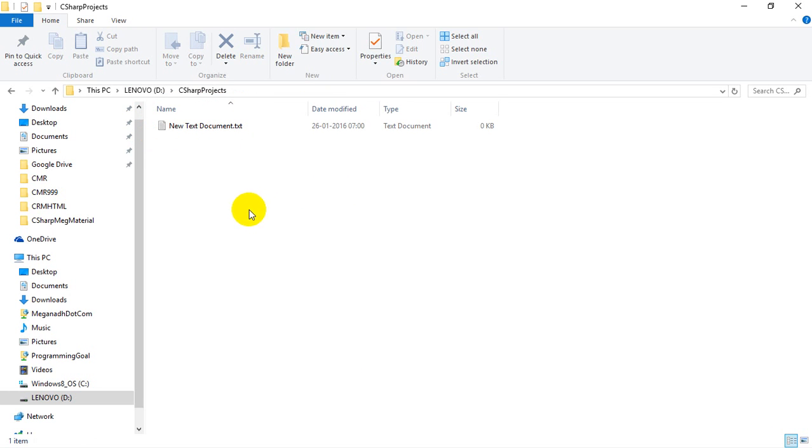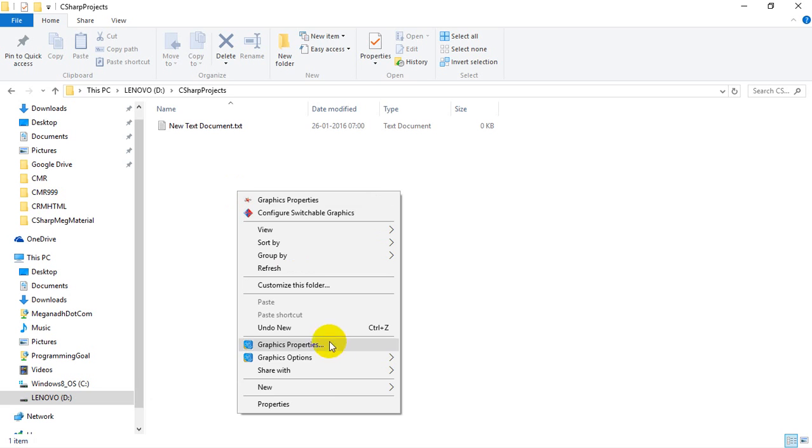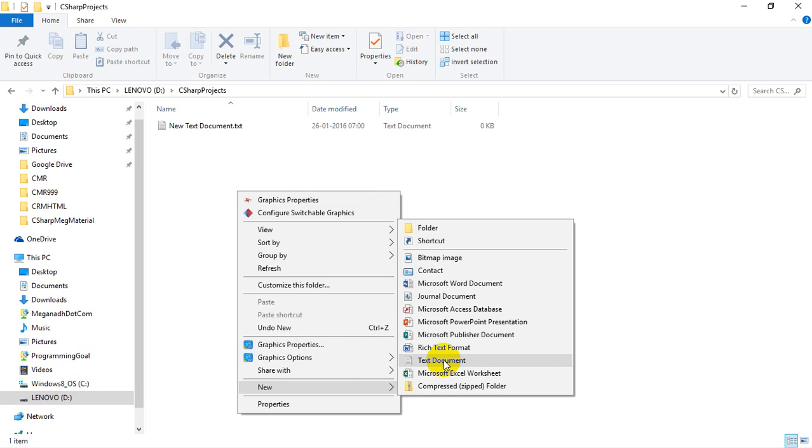Right click somewhere here, select New, then Text Document, and let me know if you are seeing the extension as .txt. Everyone please ping me.